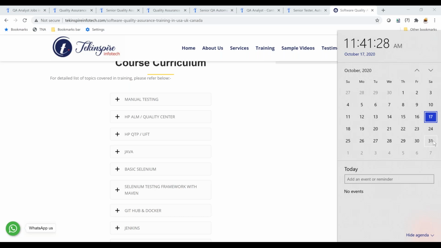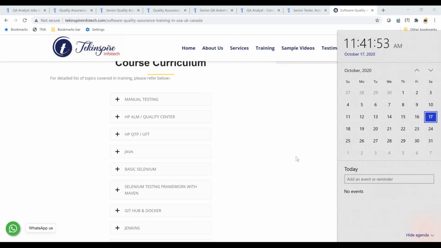If it's the afternoon batch, what would be the timing? It will be from 2 o'clock to 6 o'clock in the evening. Okay, sure. So 2 to 6 would be the timing of it, and weekday evening will be from 8:30 to 10:30 at night. And that is not starting anytime soon?